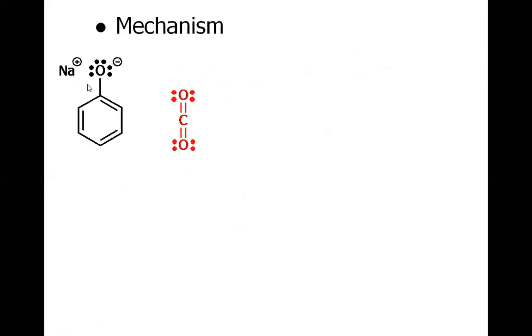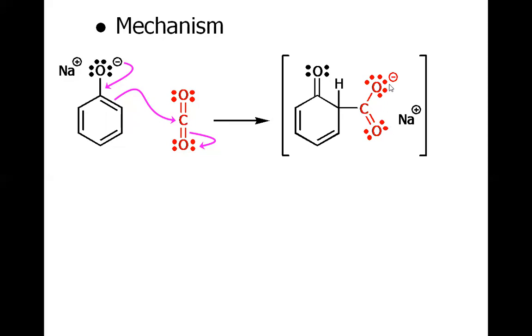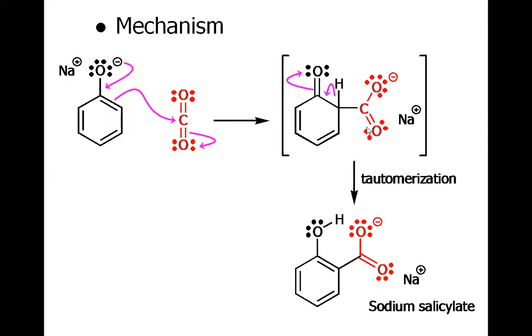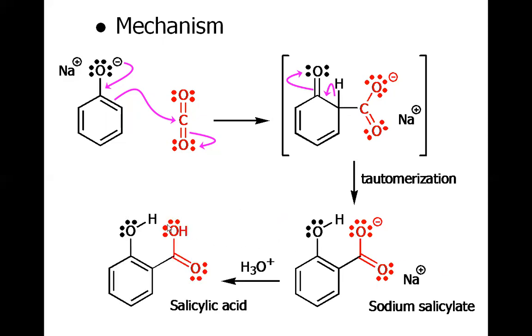And there is a mechanism first. It's a very simple mechanism. The lone pair of oxygen will collapse here, resulting in the attack of the ortho carbon to the carbon dioxide carbon, which is electrophilic, and then this carboxylate ion will abstract the proton from here in an intramolecular fashion to have this enol group here, which is overall 2-hydroxy benzoate, which will be protonated under acidic condition as a workup to have the salicylic acid.